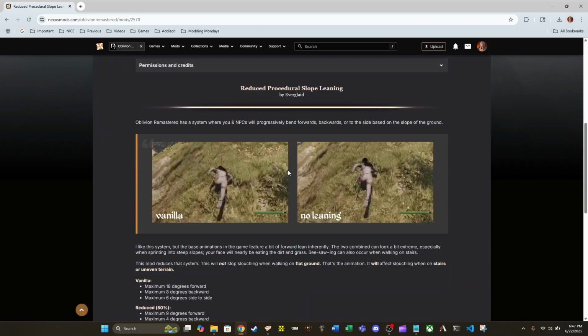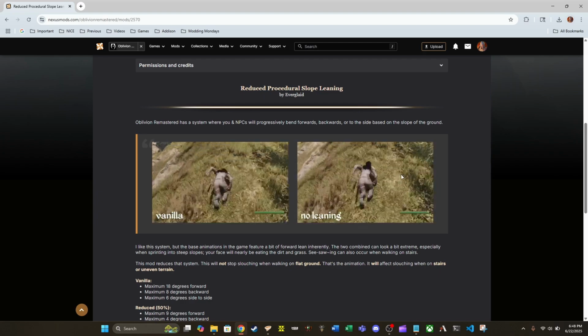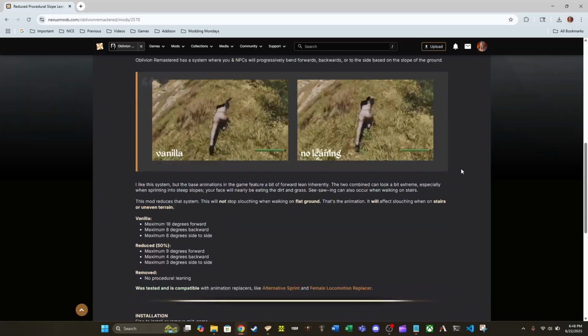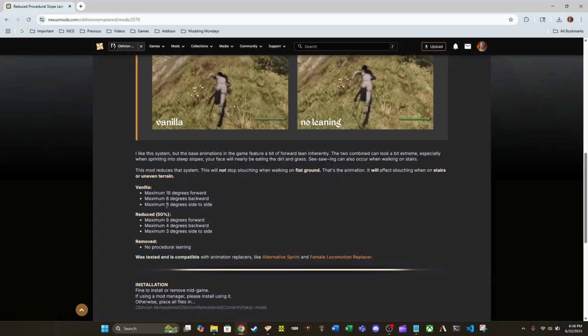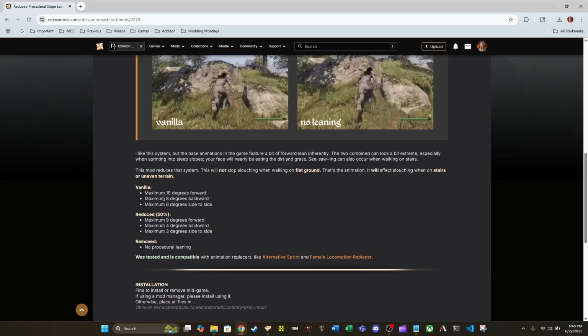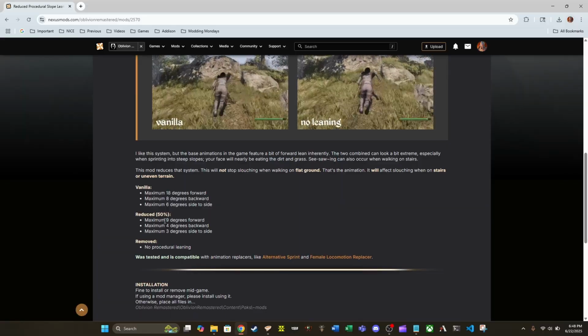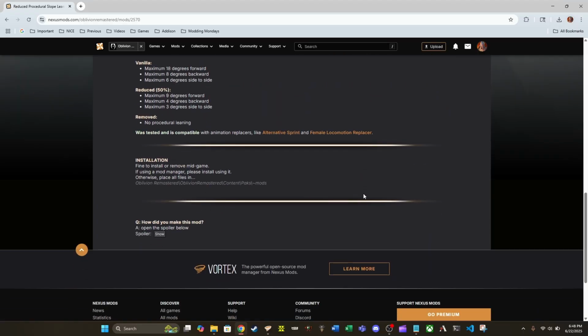Alright, and you can already see here we've got a couple of videos of the vanilla versus the no leaning, what that's going to look like in animations and standing up and whatnot. And you can see we have the vanilla information here with slope degrees. The removed is no leaning and the reduced is at 50% of the vanilla. That is great. We also have an installation